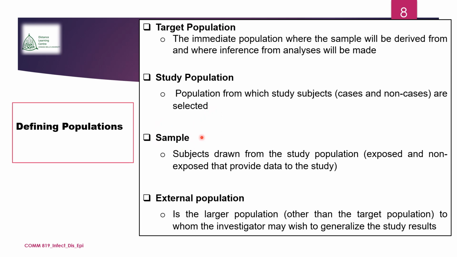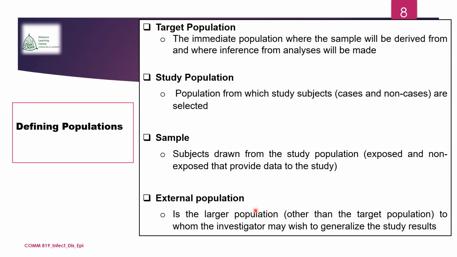Then we have the sample. The sample are subjects drawn from the study population, both exposed and non-exposed, that provide data to the study. Then we have the external population. The external population is the larger population other than the target population, to whom the investigator may wish to generalize the study result. So you need to know the distinction between external population and target population. Okay,